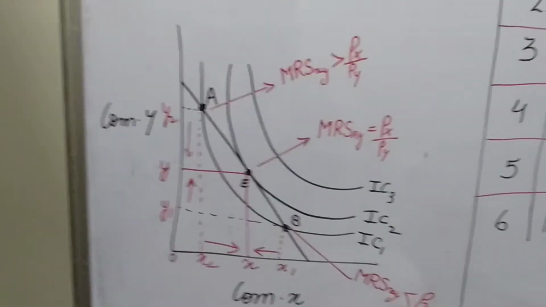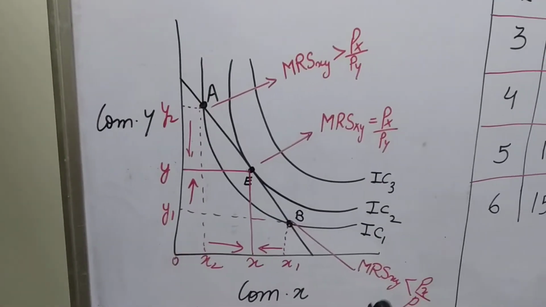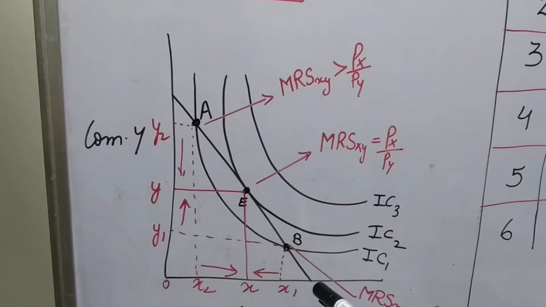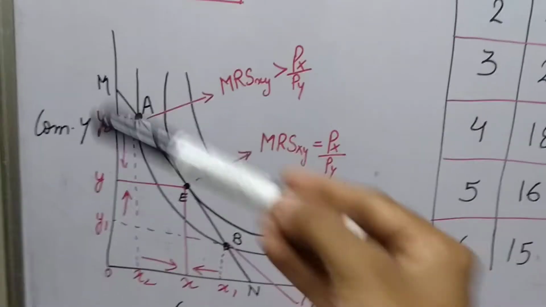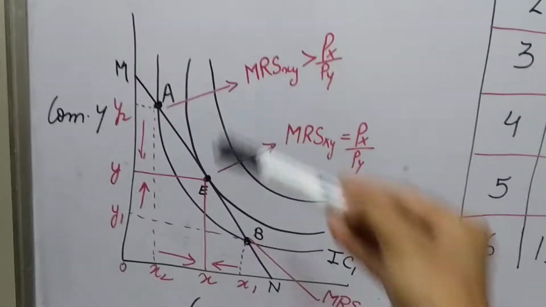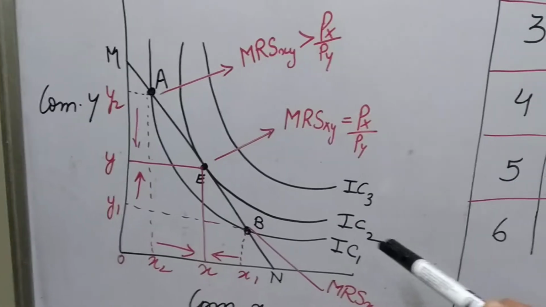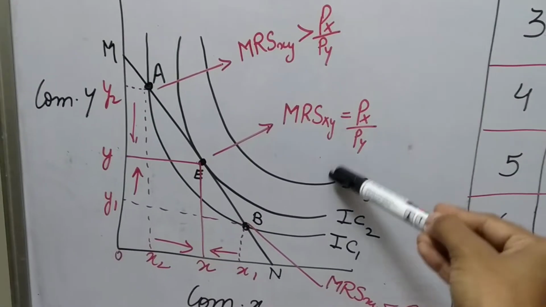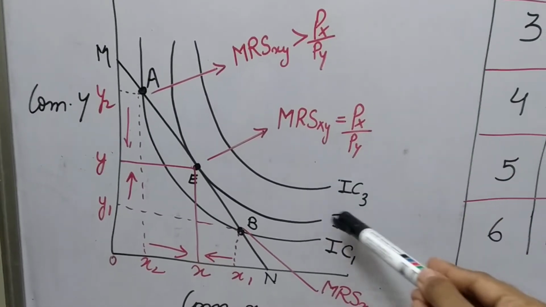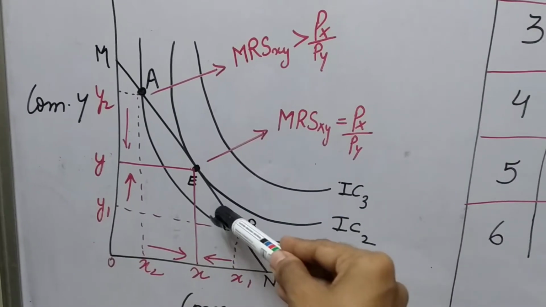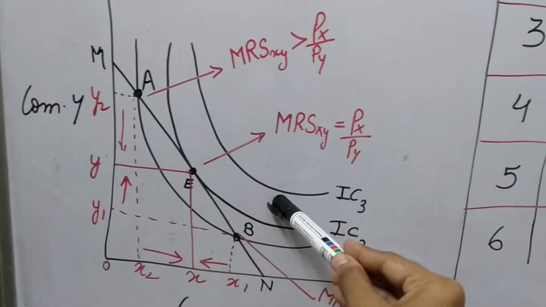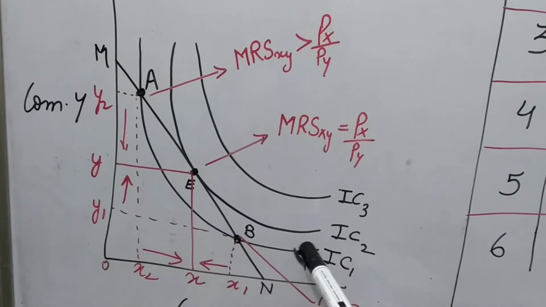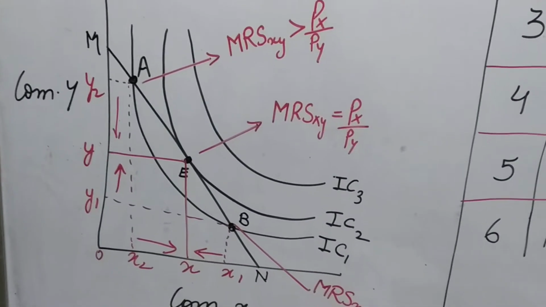Now here you see, first of all, on the x-axis commodity X is taken and on the y-axis commodity Y. Okay. Now first of all, this straight line is the budget line. Now, three indifference curves are there, but we know that the higher indifference curve gives higher satisfaction to the consumer. But this indifference curve is an unattainable option for the consumer because his budget line does not allow him to get this combination of the commodities. If we discuss these combinations, these combinations also show inefficient utilization of the income.